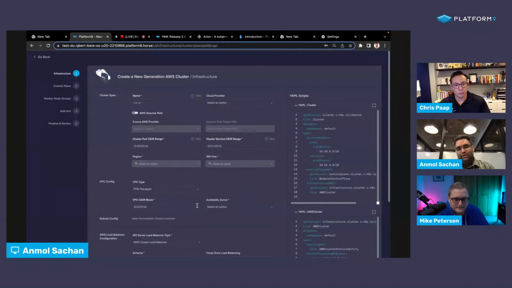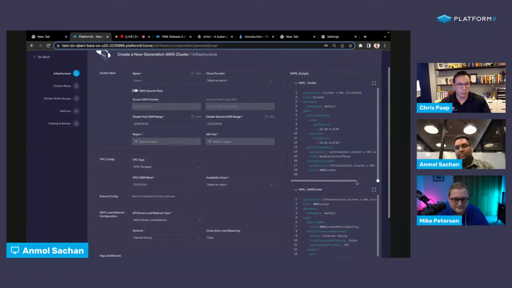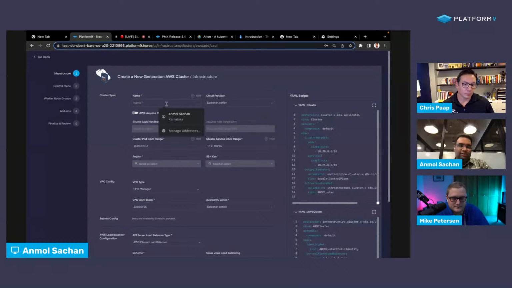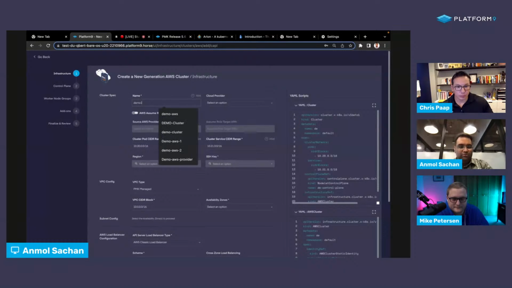So what you see on the left is the whole UI, which helps you create a cluster, and what you see on the right are the actual declarative YAMLs that will construct your clusters, and there will be a couple of YAMLs that will construct the clusters. So we're going to look at how they look, right? So first step is to just come in and create your clusters. I will just call this demo AWS-3,